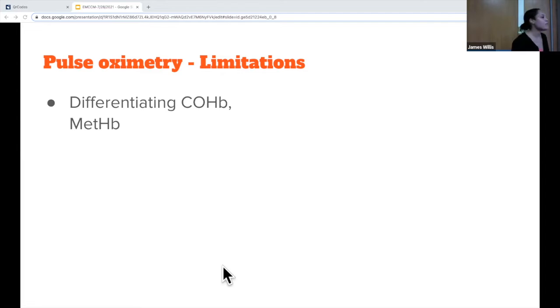On the other hand, something like methemoglobin actually absorbs light at both wavelengths. So what the computer reads that ratio as is kind of 1-to-1, which goes to a saturation of 85%. And so if your patient has a true sat of 60% or 90%, it's going to move towards a reading of